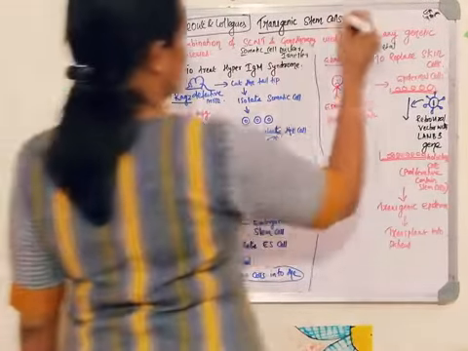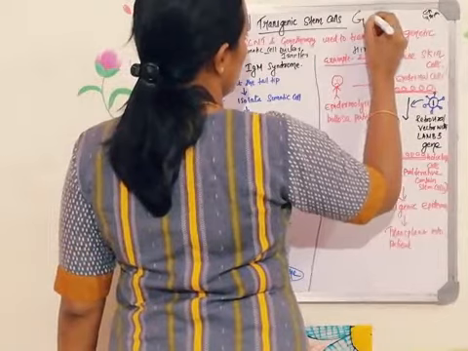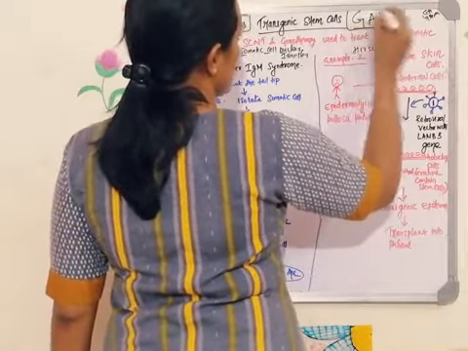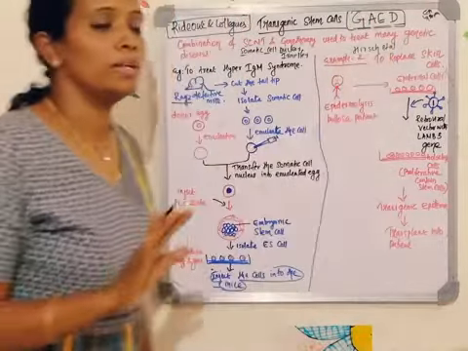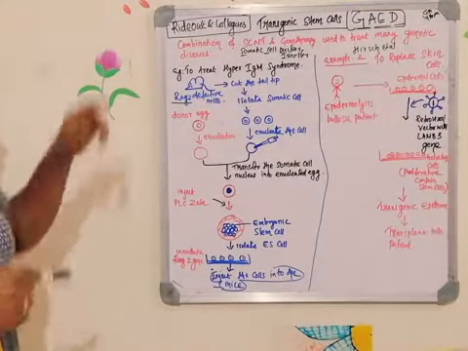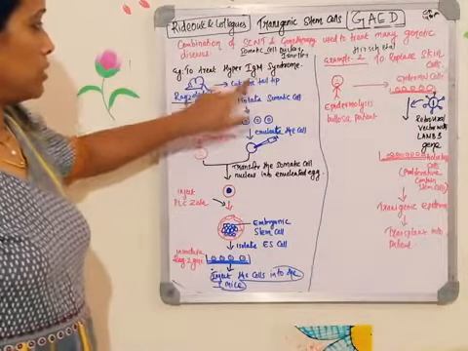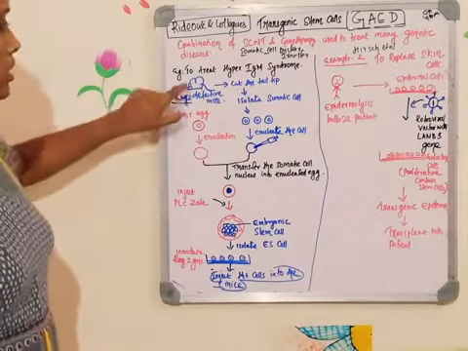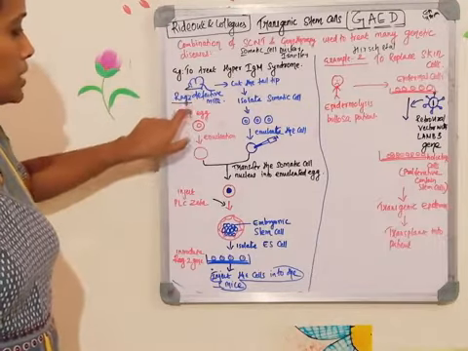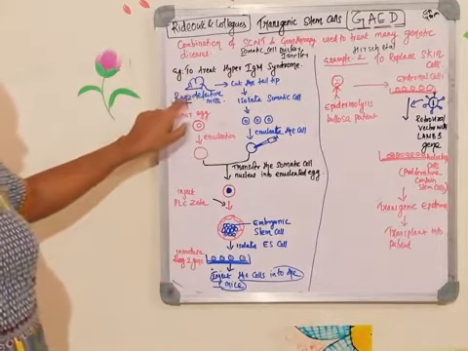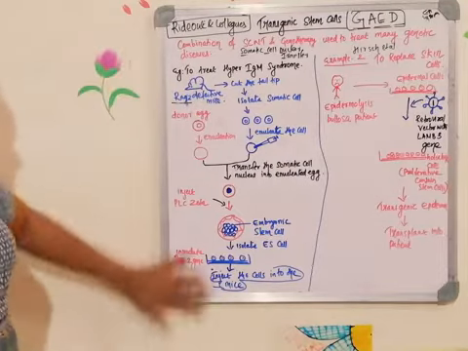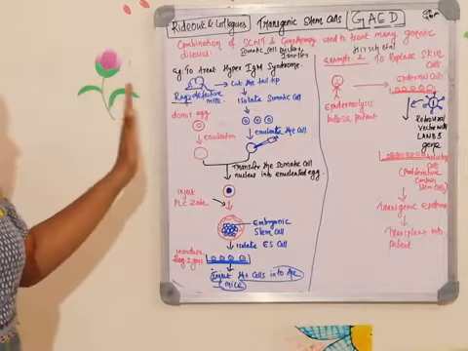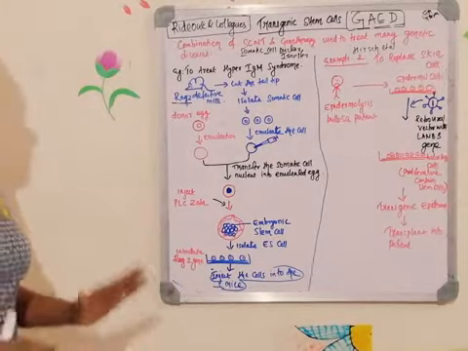RAG2 is a recombinase enzyme which is needed for the production of the other 4 types of immunoglobulin. What are the other 4 types? Immunoglobulin G, immunoglobulin A, immunoglobulin E and immunoglobulin D. Only M will be synthesized, whereas the synthesis of all the 4 other types won't be happening. Why is this particular problem happening? Hyper IgM syndrome is because of a defect in the recombinase enzyme RAG2. So this is the mouse model system, wherein the RAG2 gene is defective. They did this process in this mouse and found that it's very effective, and then other research workers started doing the same process with human beings also, and it is a very highly effective process.